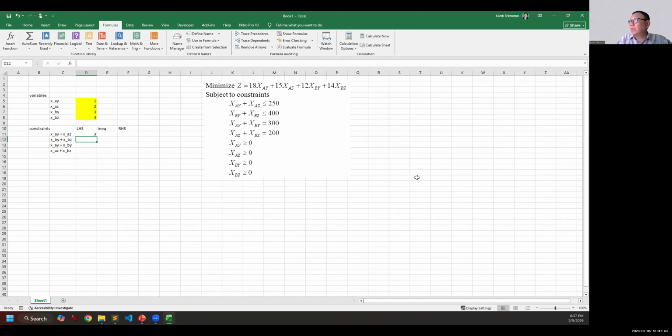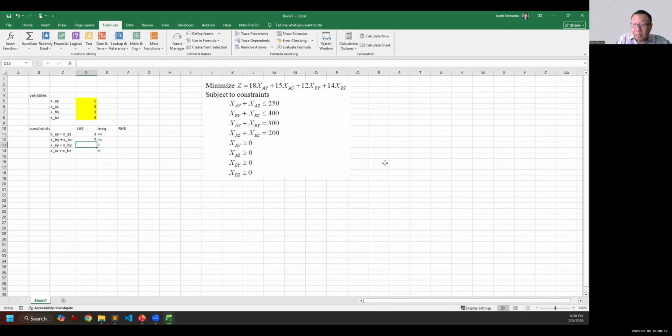Okay, so the inequality you just copy. Yeah, so less than equal, right? Less than equal. This is just for ourselves to remember. Okay, and then what you will do, you will do exactly that. So x_by, this one, right? Plus what? x_bz. This is to help you.